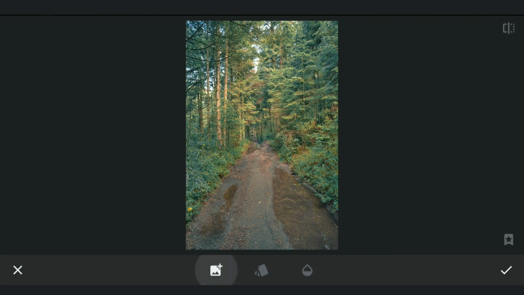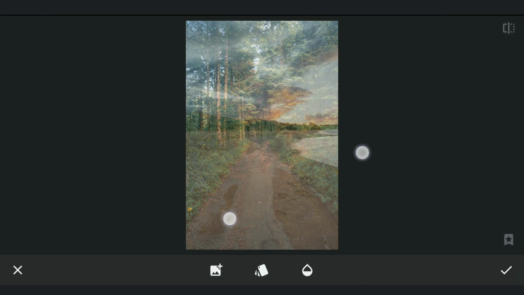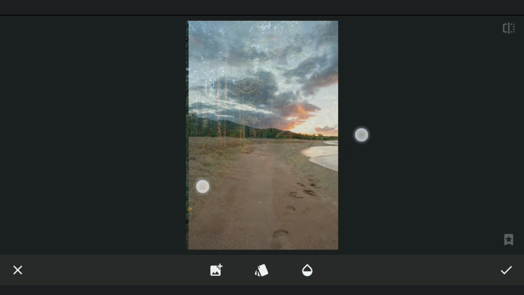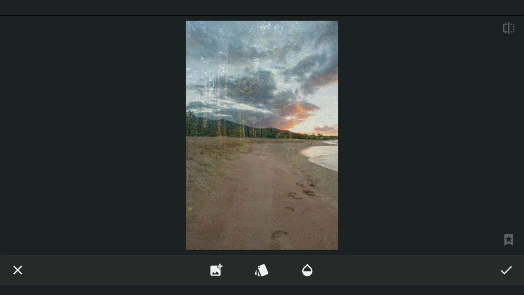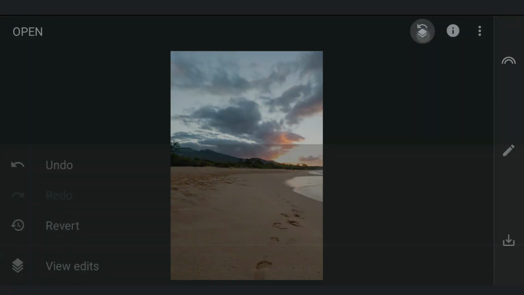Now I'm going to add this image with hills and the evening sky. Not worried about the beach as it will be covered here. Trying to place it at a desired position. Setting the opacity to 100. Going to masking screen.